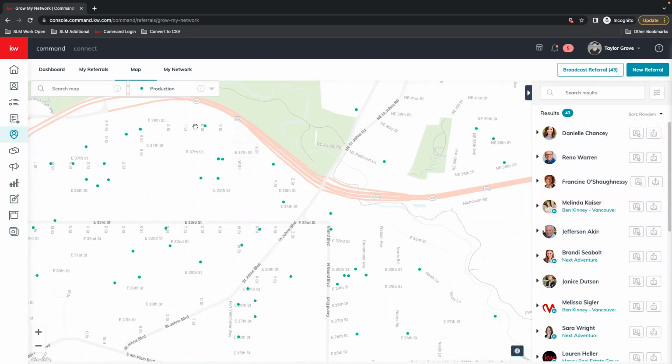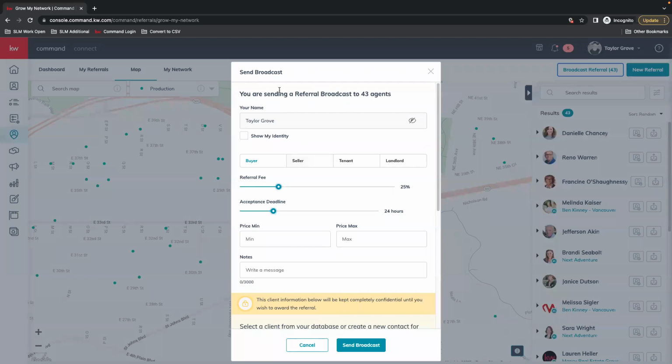Let's say also that you don't know any of these agents, but you know that your client wants to look in this area. You also can broadcast the referral. Once you're under, I believe it's 50 agents, you have the option to broadcast it. So any one of these 43 people will have access to it.